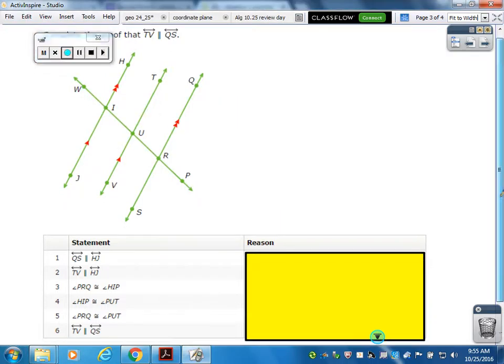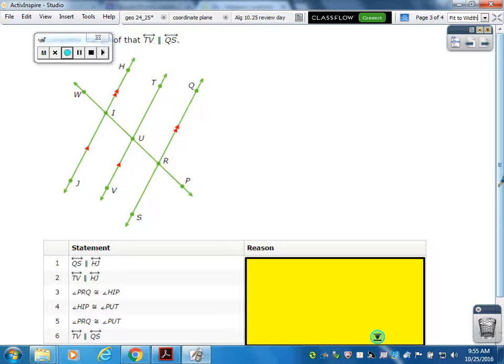Okay, continuing on, we just went over the notes for proving lines are parallel. Just wanted to give you some examples from the IXL lesson, some problems you're going to see. So,